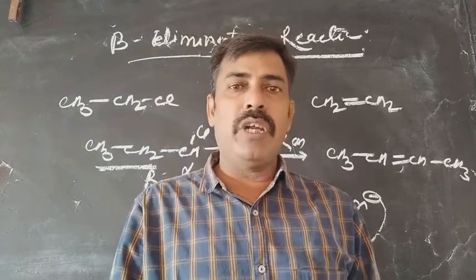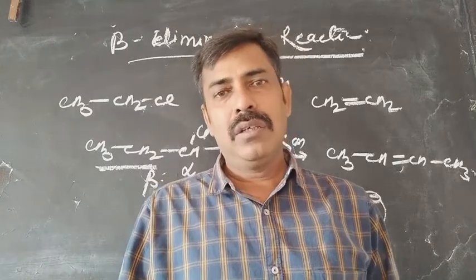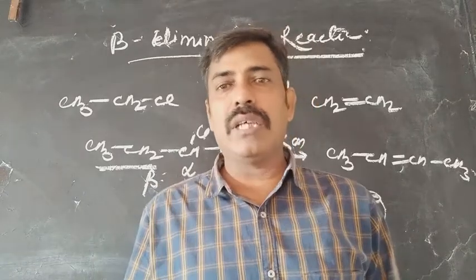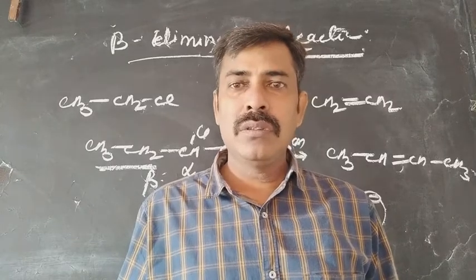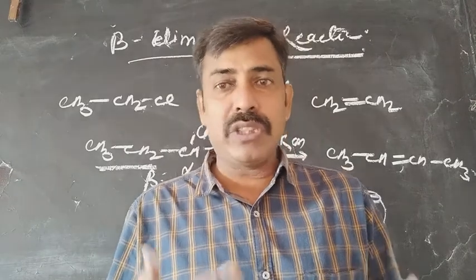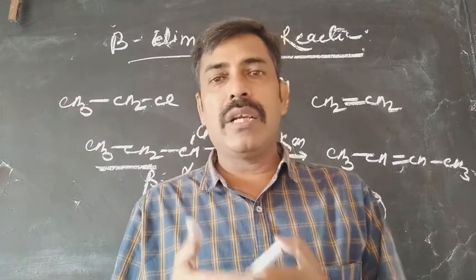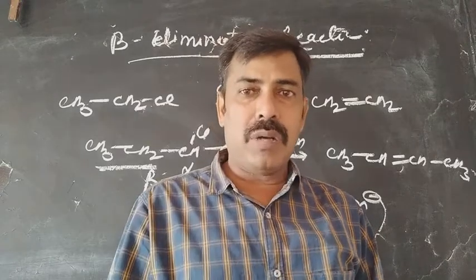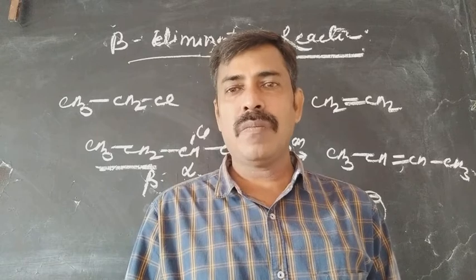But in the case of the alcoholic KOH, the dissociation of the KOH, or the generation of the hydroxyl ion, becomes lesser. Due to the lesser amount of hydroxyl ion, what happens? The substitution product is not obtained. It is the elimination product which leads over the substitution, and this is the reason why in the case of the alcoholic KOH it leads to the formation of alkene, and in the case of the aqueous KOH it leads to the formation of the alcohol, that is the substitution product. This is the only difference between these two.